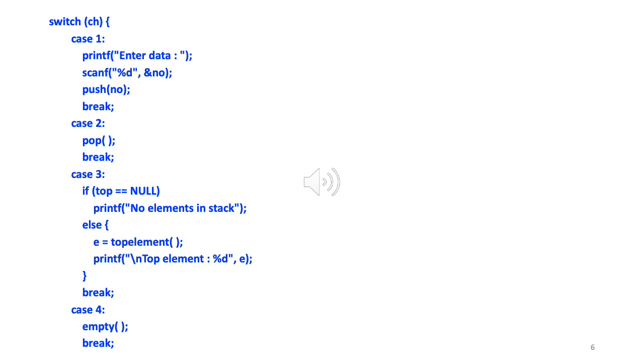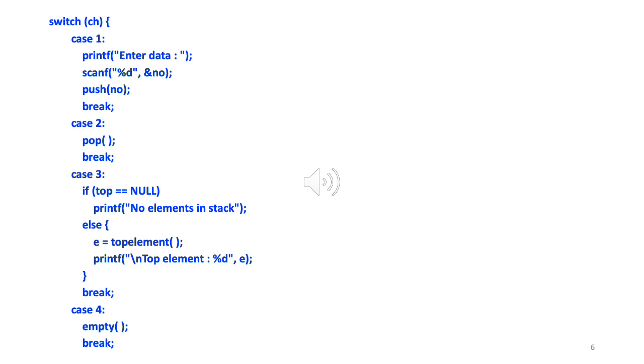Case 2, if they enter 2, it means pop. So we'll call the pop function. The effect of this will be to remove the top. So delete that top, and then the new top, because top will change, will be the next element in the stack. So if we have 10 followed by 20 followed by 30 followed by 40, top is 40. So doing a pop, we remove the 40, remove that node actually, and now the new top will be the node with 30 as the integer value, 30 as info value. Okay. So we call pop and we break.